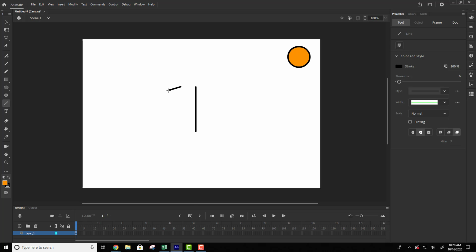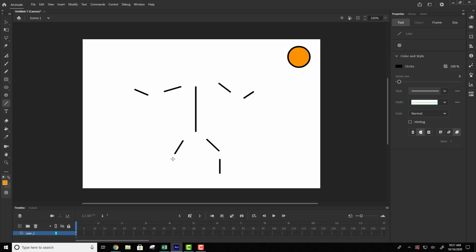So you're actually going to draw his arm, and then his forearm, very separated. His arm, his forearm, his thigh, both sides, his shin, both sides,